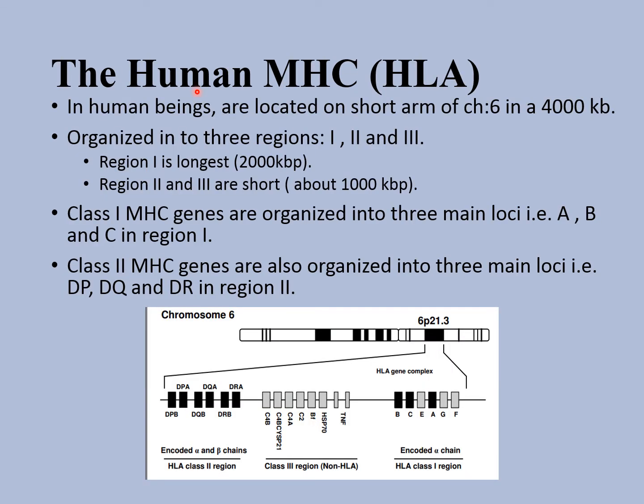Now let us study the human MHC complex in detail. In human beings, the MHC complex is present on the short arm of chromosome 6 and is about 4000 kb in size. This whole complex is divided into three major regions: 1, 2 and 3. Region 1 is the longest, and 2 and 3 are shorter. Region 1 codes for class 1 MHC genes, which have three major loci, that is A, B and C, shown here with the darker shade